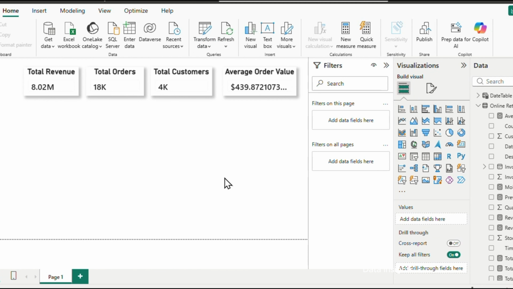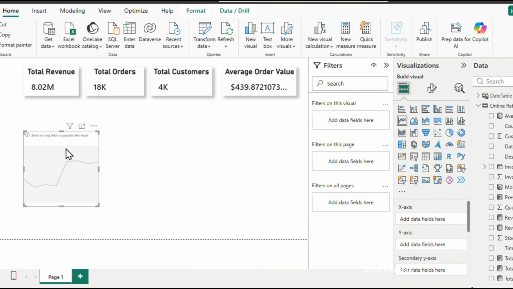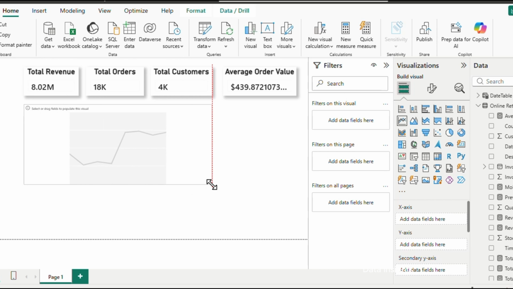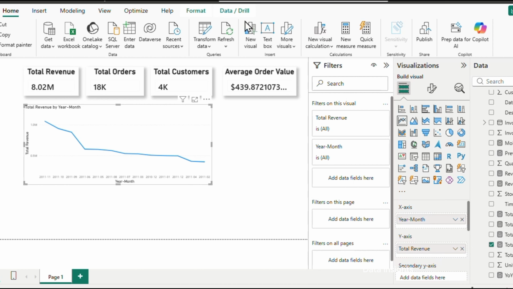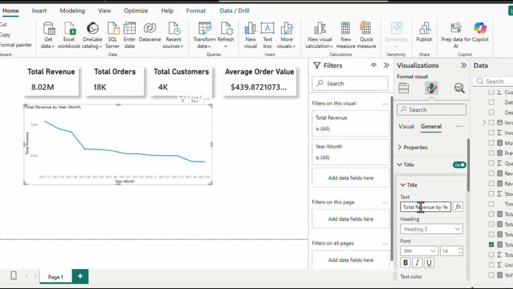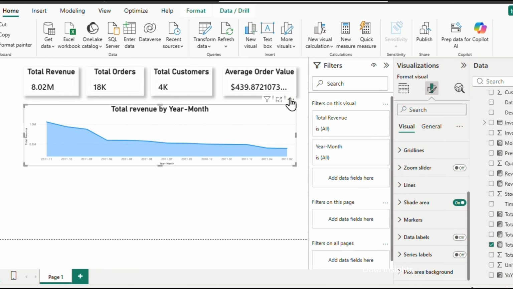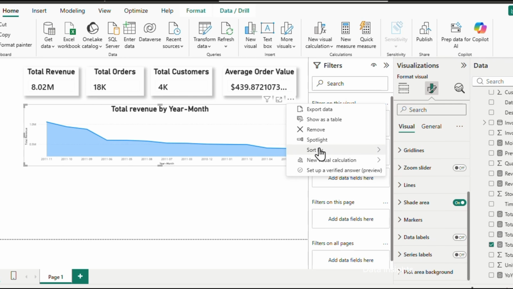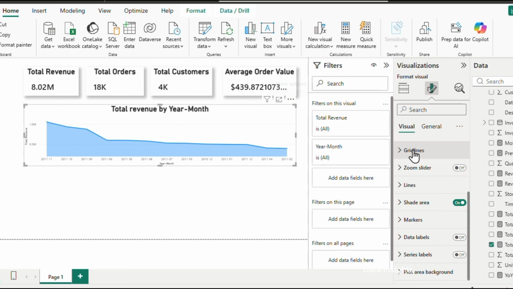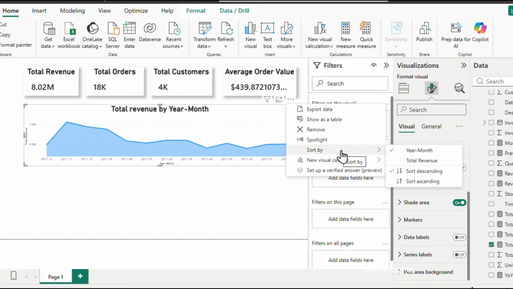Next, we'll create a revenue trend visualization. For this, select the line chart visual. Configure the fields like this: on the x-axis, you put year month from the date table, and on the y-axis, you put the total revenue. This chart helps us visualize how sales are changing over time and makes it easy to identify growth patterns, seasonal